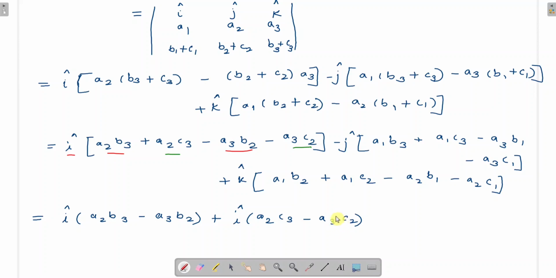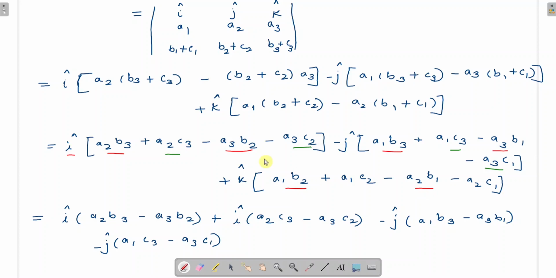Similarly we will multiply minus j cap to these two terms and again to these two terms. So we get minus j cap times (a1 b3 minus a3 b1), then minus j cap (a1 c3 minus a3 c1). Then we will multiply this k cap to these two terms